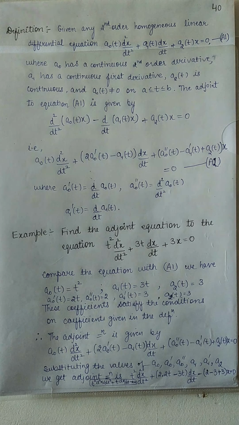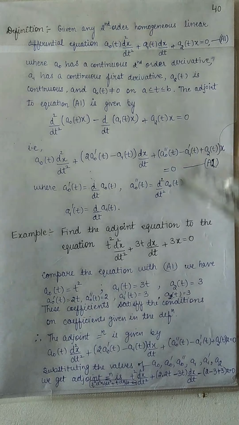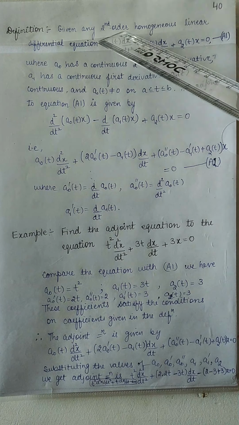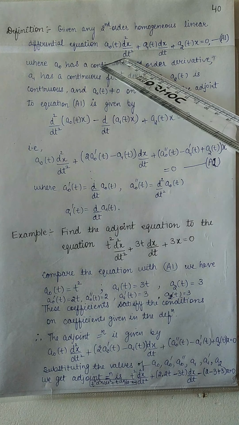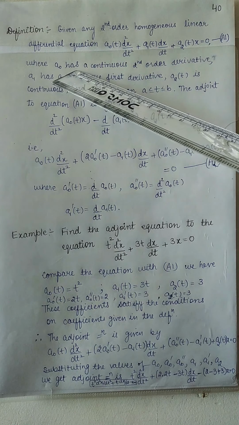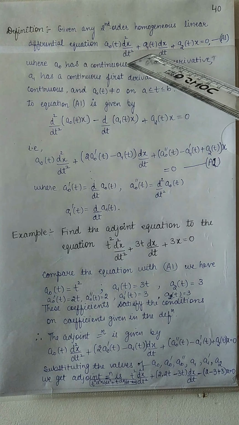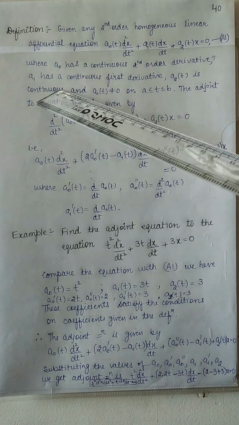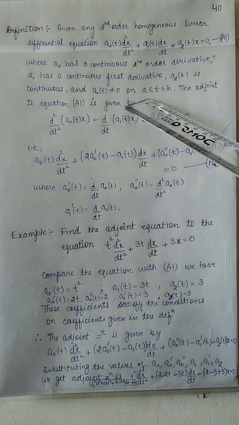You can see the definition written here, and it says that given any second order homogeneous linear differential equation of the form A1, where A0 has a continuous second order derivative, A1 has a continuous first derivative, A2 is continuous, and the leading coefficient A0(t) is not equal to 0 on the given interval,